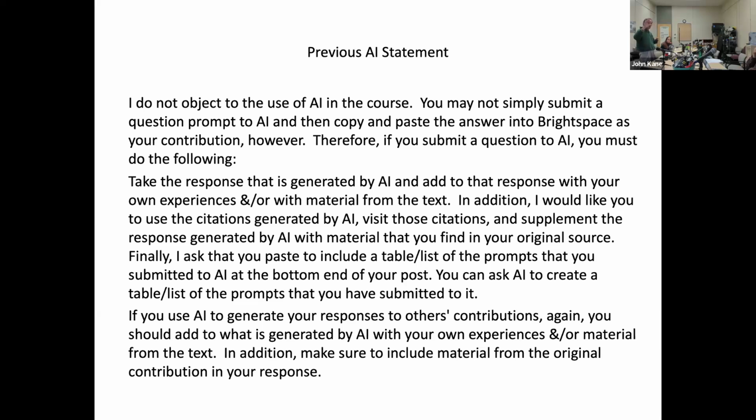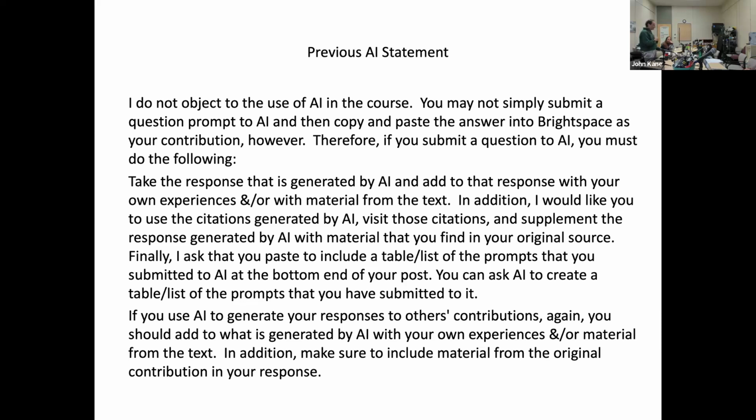But what happened in the past? Some students, I will be honest, really did do what I said here. If they put a prompt into AI, they really did read the sources. If they found that a source did not exist, they would put the prompt into AI again and look for valid, legitimate sources, and then they would discuss their own perspectives.